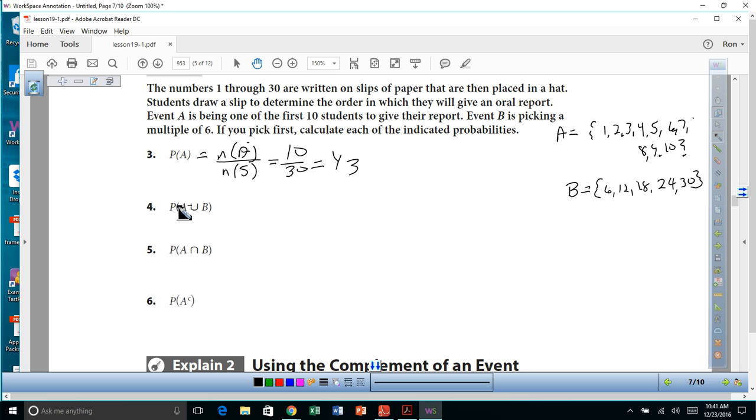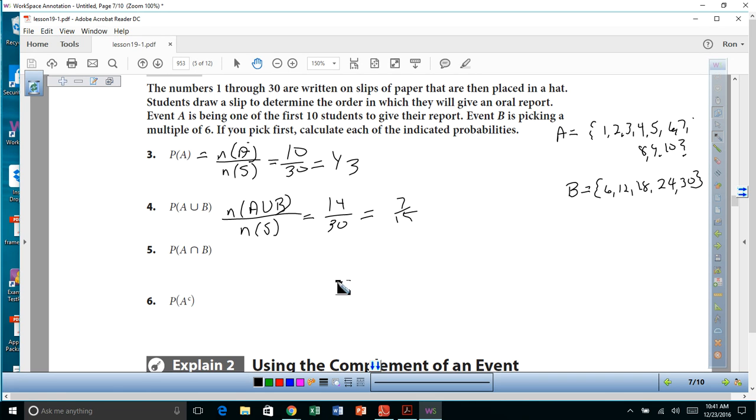All right, the probability of A union B is the number of A union B divided by the number in the sample space. We know 30 is in the sample space. So what do we got? 1, 2, 3, 4, 5, 6, 7, 8, 9, 10, but we don't count that one, 11, 12, 13, 14. So we get 14 over 30, which is